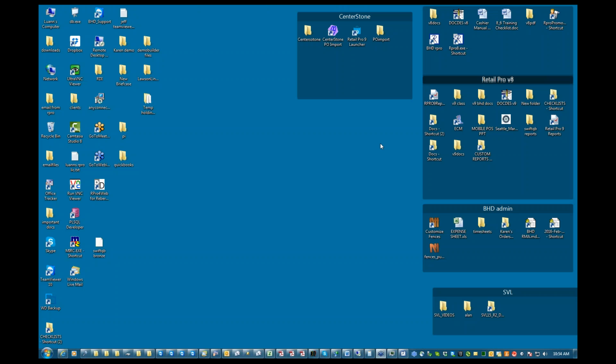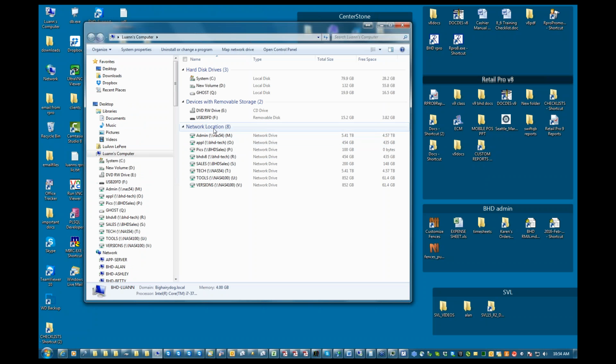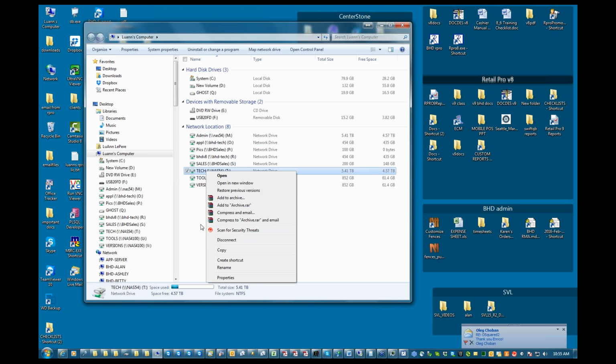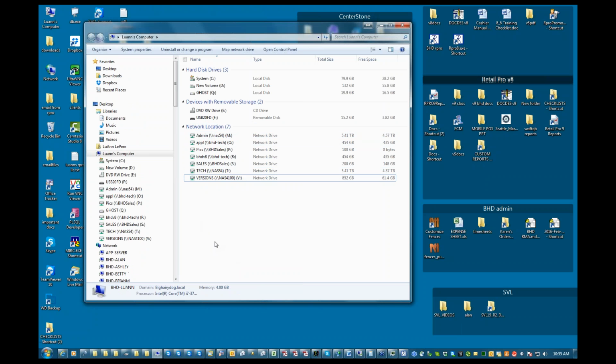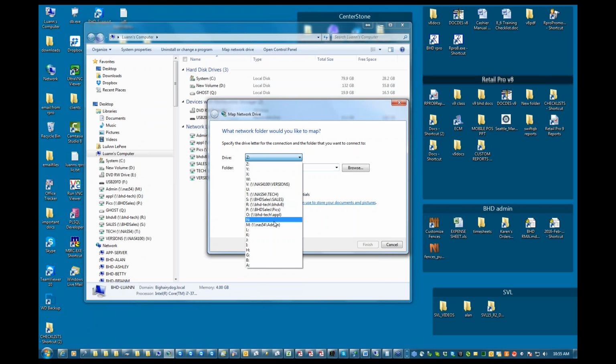Now what happens sometimes is you run your shortcut and it can't open Retail Pro. If that happens, what's happened is somehow your network location has become disconnected. So there will be, and let me disconnect one, I want to disconnect one that's a little less important. Okay, so let's refresh. Oh, no, I'm not going to get that back, and that's not going to be good. Okay, so let's map